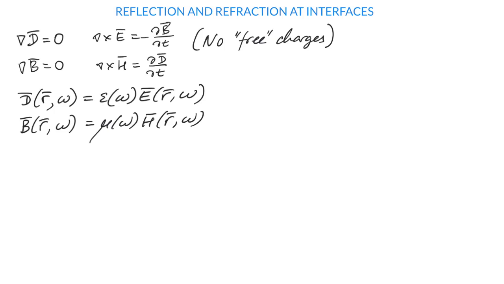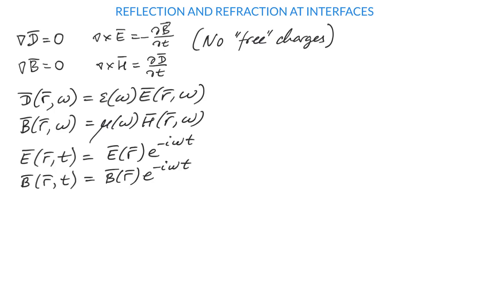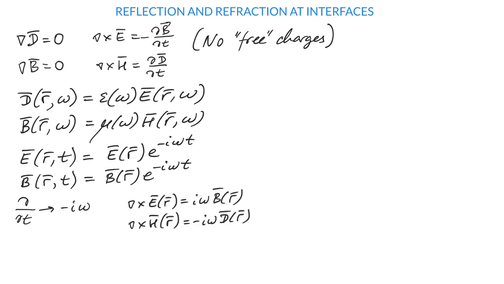As usual, we write the monochromatic fields in terms of their complex amplitudes. So then time derivatives are easily taken in the Maxwell's equations. They just give factors of minus i omega. Now we can write the two curl equations like this. And now, using the fact that D of r is epsilon times E of r, and B of r is mu times H of r, where epsilon and mu are, of course, taken at the given frequency,